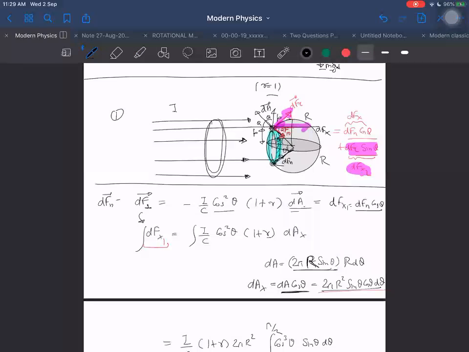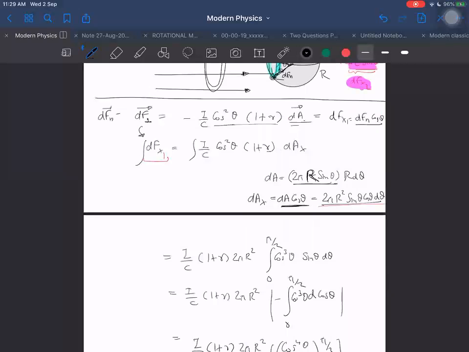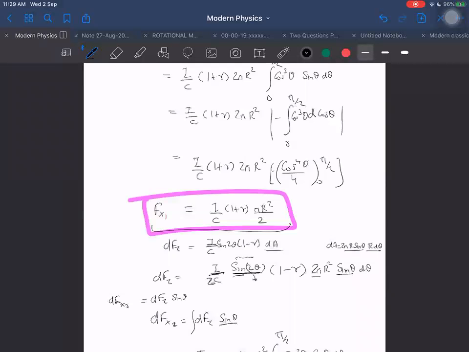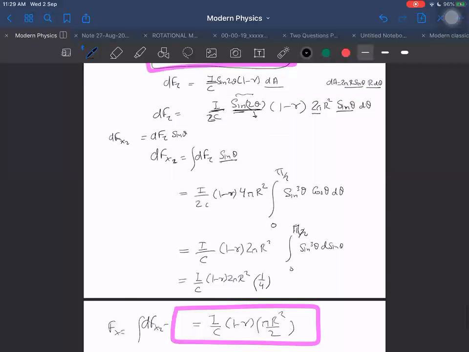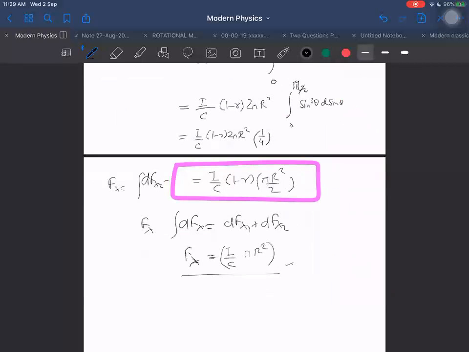We can take this, and then again we can take this, and we can put 0 from the beginning. We can put 0 here also, and then we have to put 0 here also. Both places we have to put 0, and then obviously it will be the same result again, because it is independent of R. For any value of R, it is coming out to be the same force along X. Only for spherical bodies, not for other opaque bodies. Yes, sir.